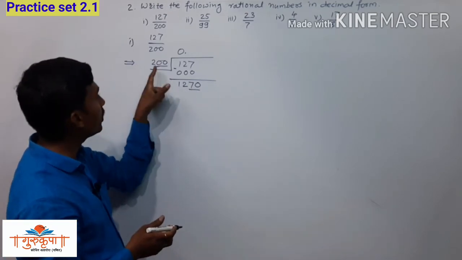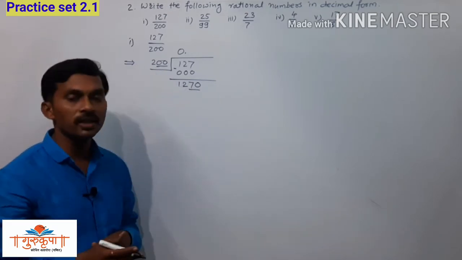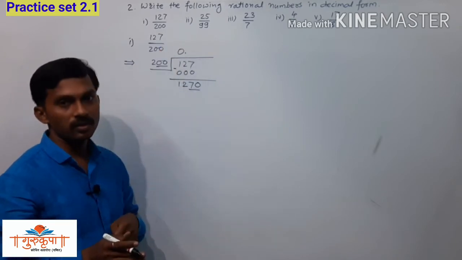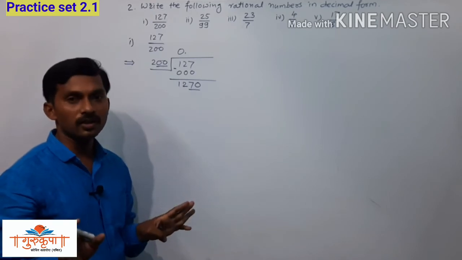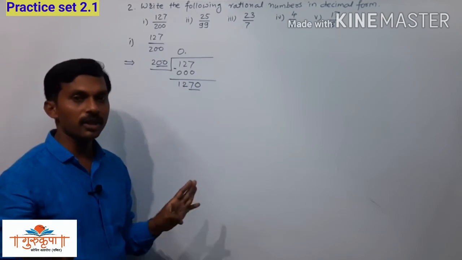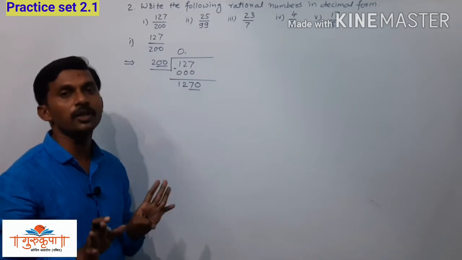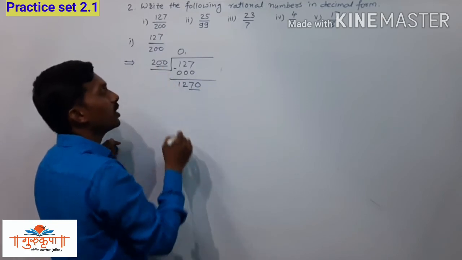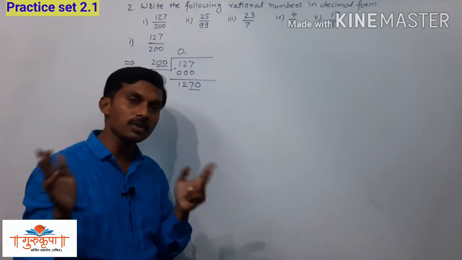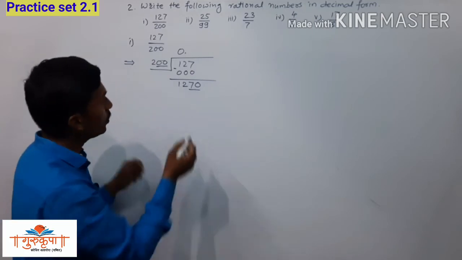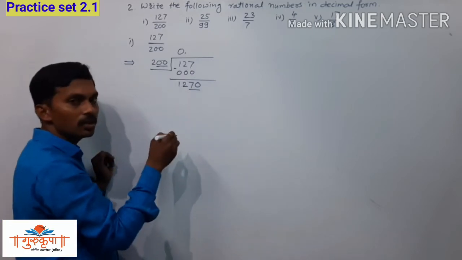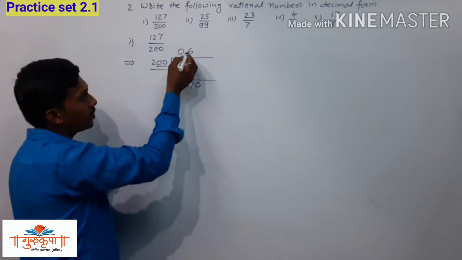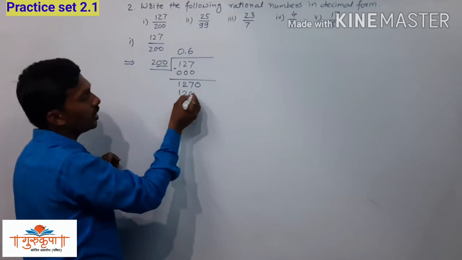And now we have to divide 12 by 2, that is 2 6s are 12. It means that there is a possibility of getting the quotient 6, that is the possibility only, not the fixed quotient. Now we will check. We have 200 here, and if we multiply 200 by 6, then we get 1200, and we have 1270. So we can easily divide by 6. So here we write 6, and now 6 multiplied by 200 is 1200.